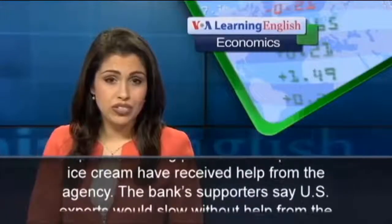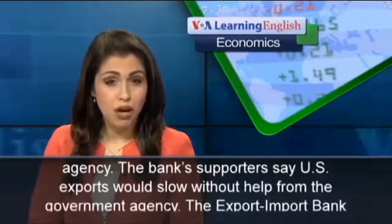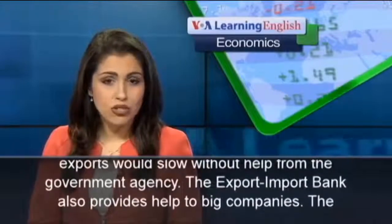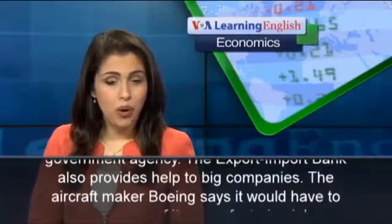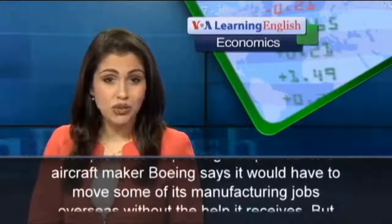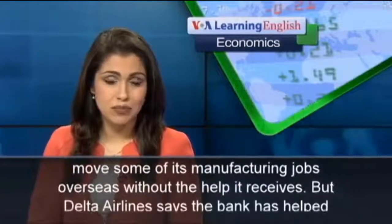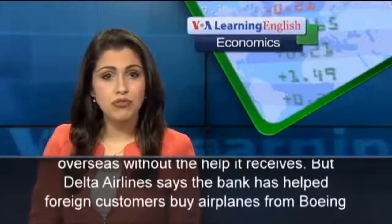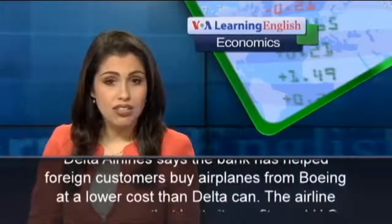The bank's supporters say U.S. exports would slow without help from the government agency. The Export-Import Bank also provides help to big companies. The aircraft maker Boeing says it would have to move some of its manufacturing jobs overseas without the help it receives. But Delta Airlines says the bank has helped foreign customers buy airplanes from Boeing at a lower cost than